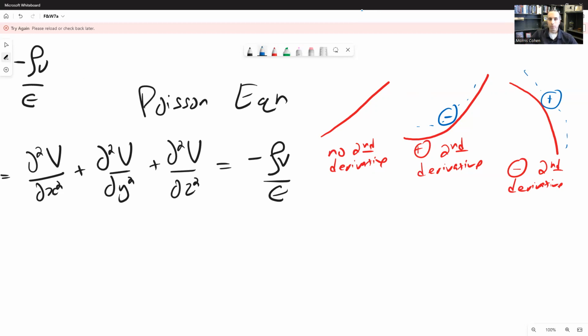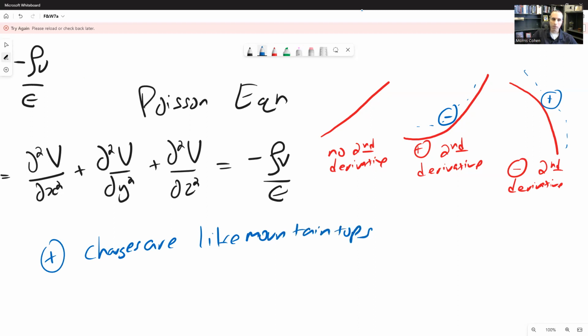So to put this in words, we can basically say that positive charges are like mountaintops. And negative charges are like valleys, where things bottom out. Right? And that's basically all that Poisson's equation tells us, but it does that in 3 dimensions, right? And it does it microscopically. That doesn't mean anytime there's positive charge, you must have a mountaintop, but there's sort of a mountaintop-like element to it, right? So you could have something that looks like this,